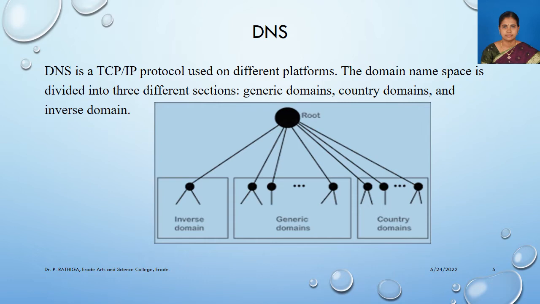The generic domain defines registered hosts according to their generic behavior. Each node in the tree defines the domain, which is an index to the domain namespace database. The country domain uses the same format as generic domains, but uses two-character country abbreviations. Example, .us for United States, .in for India. The inverse domain is used to map an address to a name. For example, when a server has received a request from a client to do